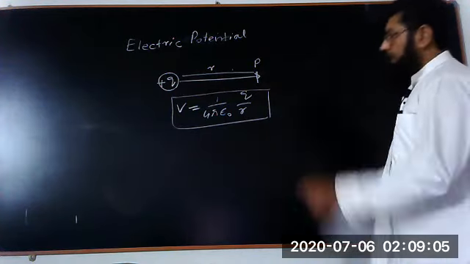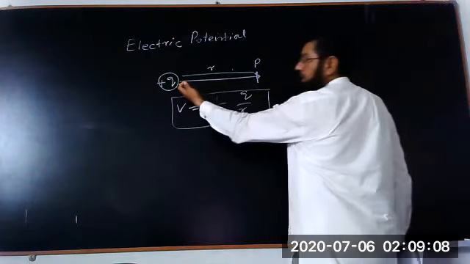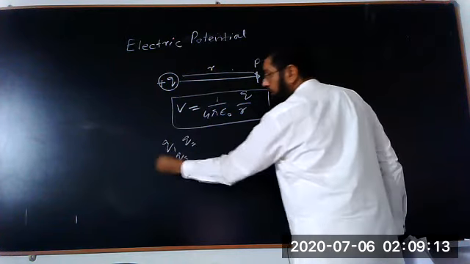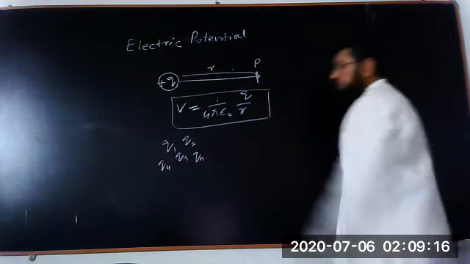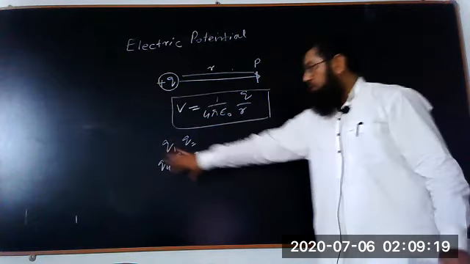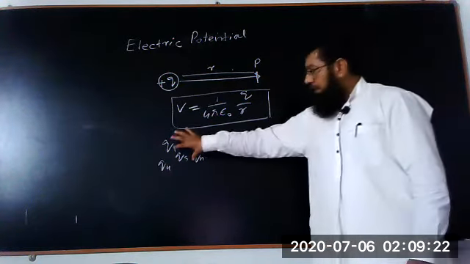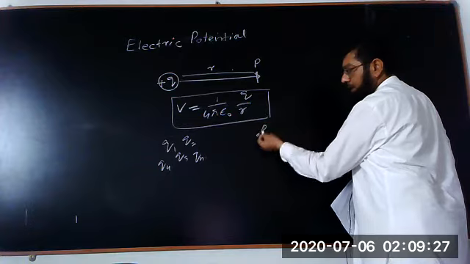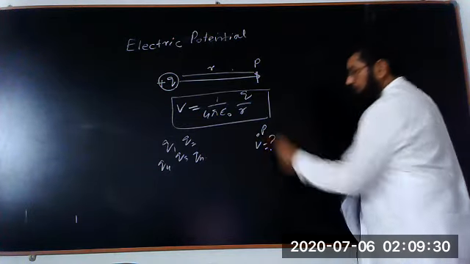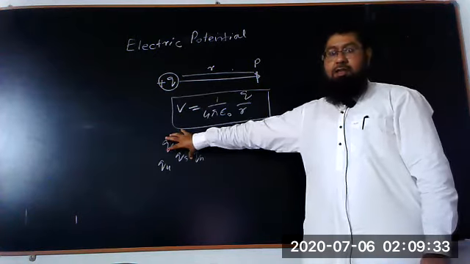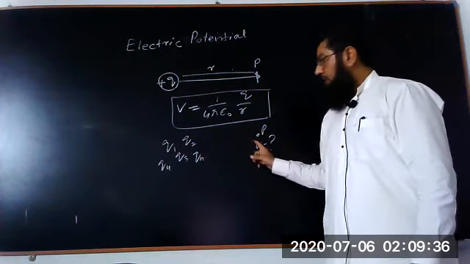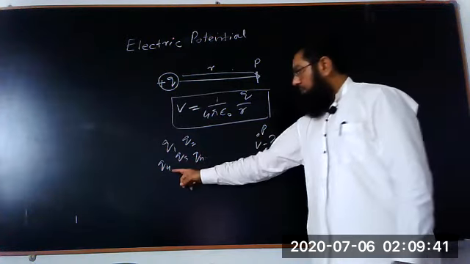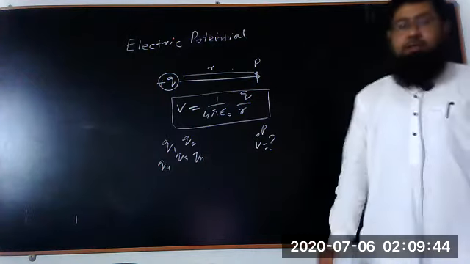Now again, we have discussed that instead of this single charge, if we have multiple charges like Q1, Q2, Q3, Q4 up to Qn, so there are many charges distributed in a space. So here, due to these charges, if we want to find the potential at a point P, what is the electric potential due to the sum of all charges, we can calculate the potential due to the first charge, potential due to the second charge, potential due to the third charge, potential due to the fourth charge, and up to the potential due to the charge n.